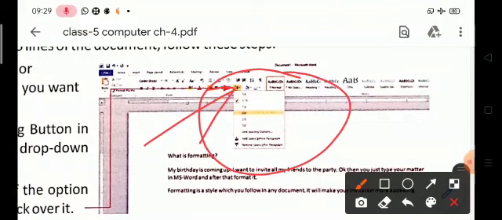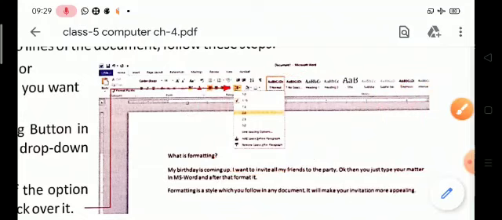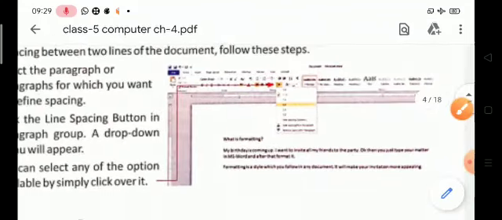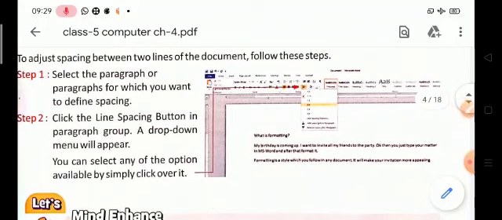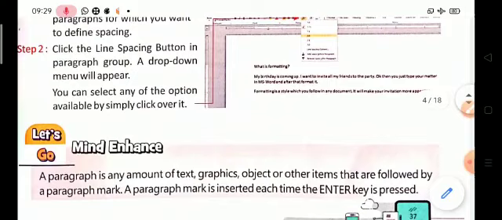Suppose that I'm giving 1.0, 2.0, 3.0. A drop down menu will appear, and we can select any of the options available by simply clicking on it.